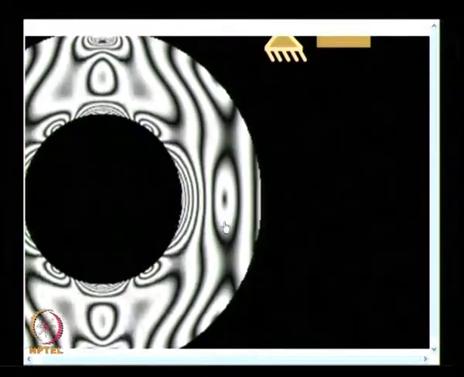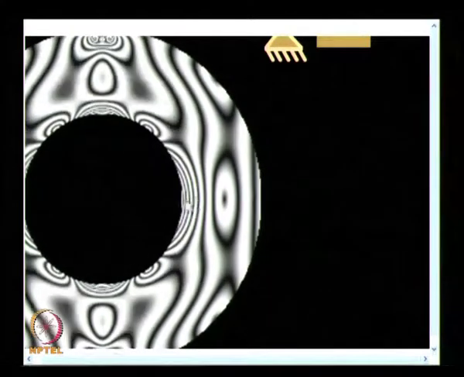One of the aspects I discussed was, in a plane polariscope, suppose you are given only a monochromatic light source, you have to identify the difference between an isoclinic and an isochromatic fringe field. I said if you have polarizer and analyzer crossed, if I rotate them, isoclinics will move. On the other hand, if I change the load, isochromatics will move, the exception being the zeroth fringe order, and that you see here. When the load is increased, the zeroth fringe order remains as such.